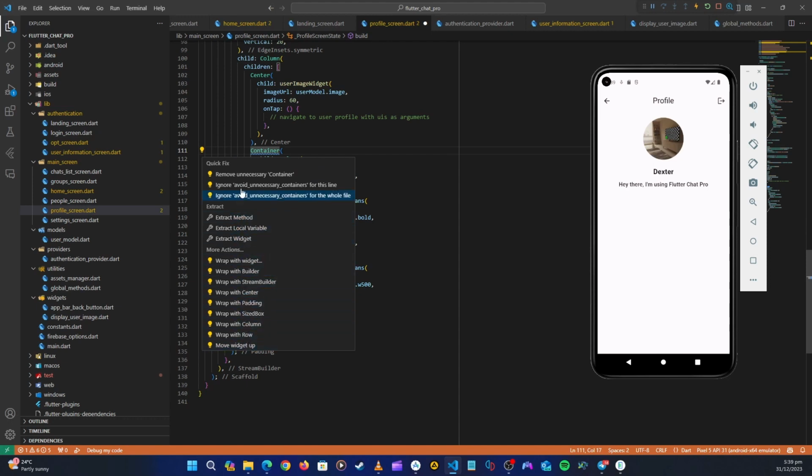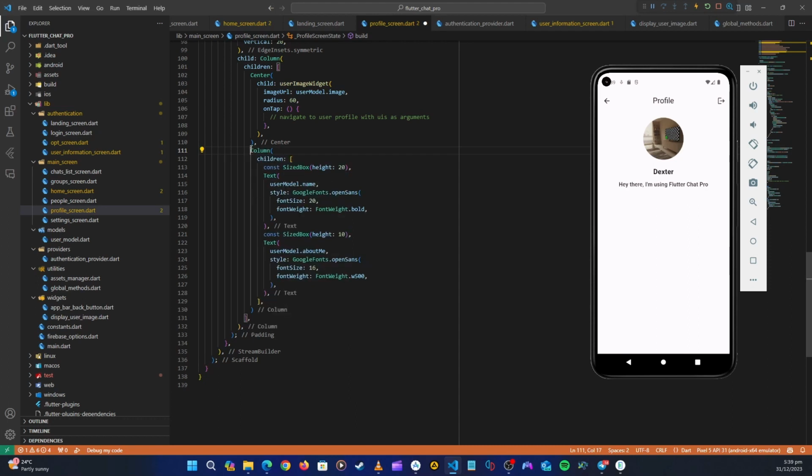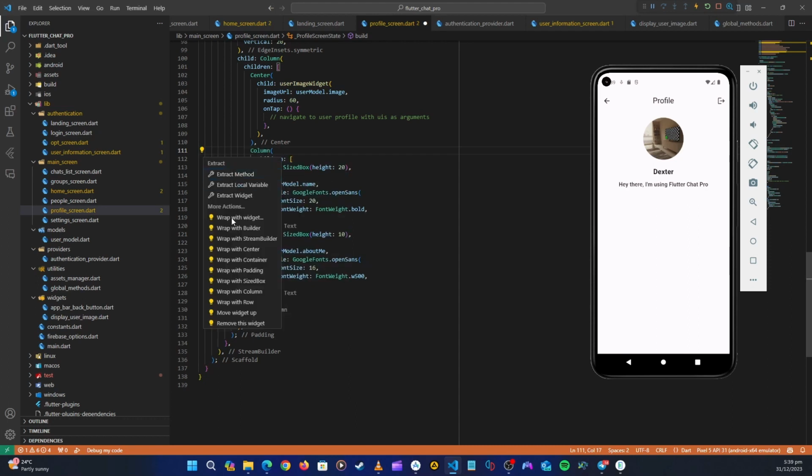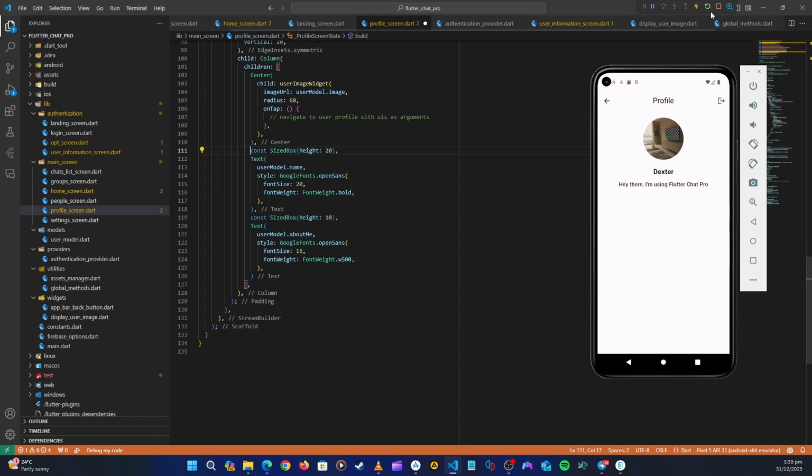We can remove the unnecessary container, and then also let's remove this column. We don't need it. Let's hot restart. So we're still having the same result. Okay,